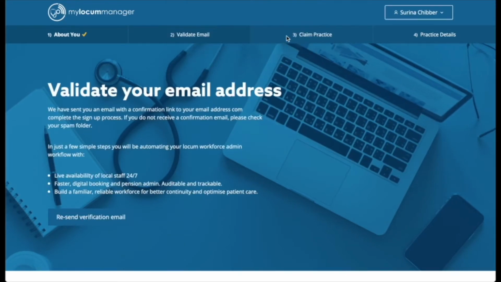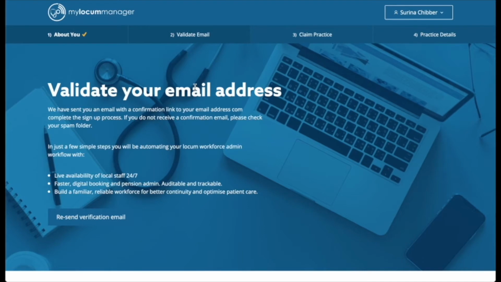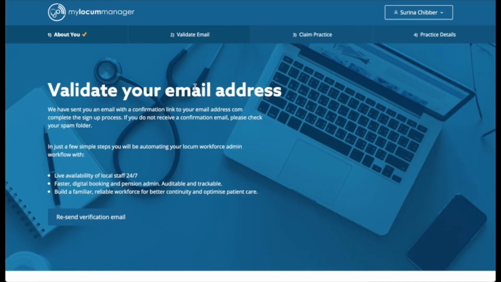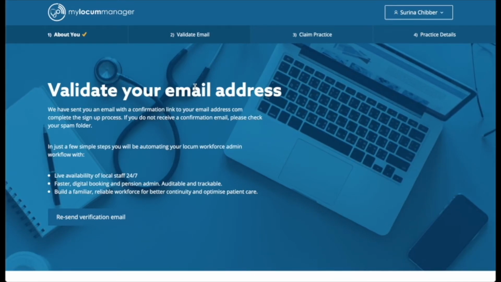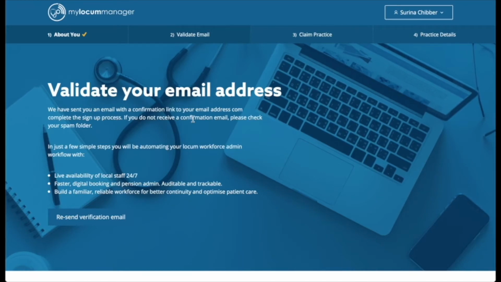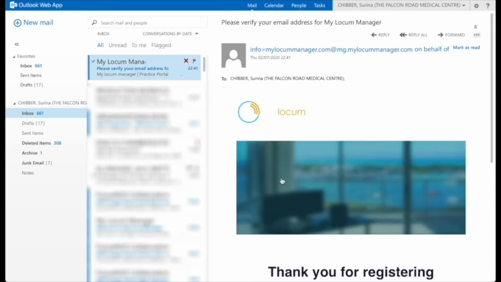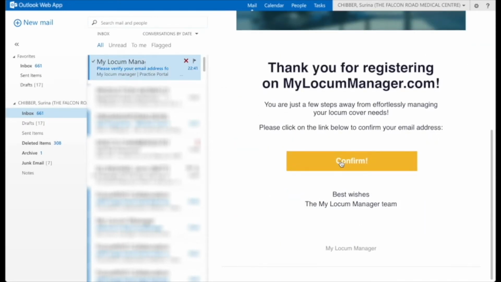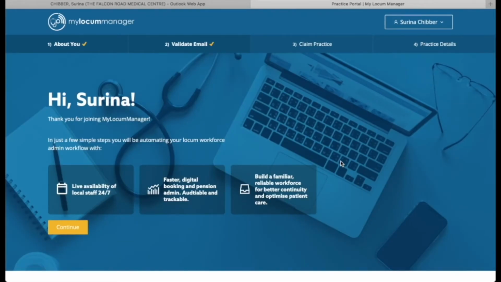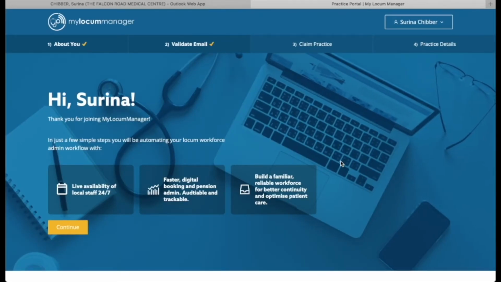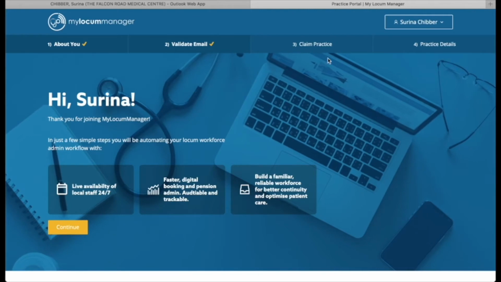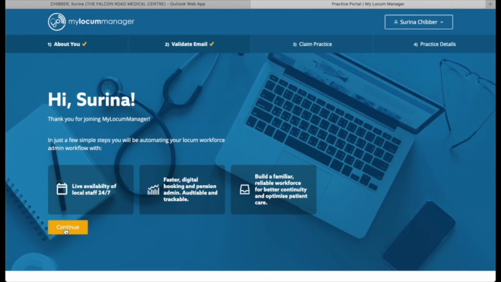The practice manager is then prompted to validate their email address in their nhs.net account. So I'm going to do this now in order to carry on with the setup process. So my email address has been validated, and the next step is to claim the practice that I'm onboarding onto